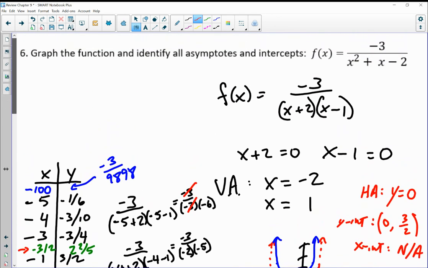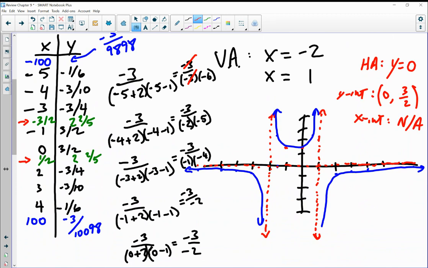Yeah, this is probably one of the more challenging ones where you have to do the factoring, and then you have two vertical asymptotes, so you have to figure out what's going on around the two vertical asymptotes. But it's a good example in terms of what to expect. Okay, so that's about it for the review